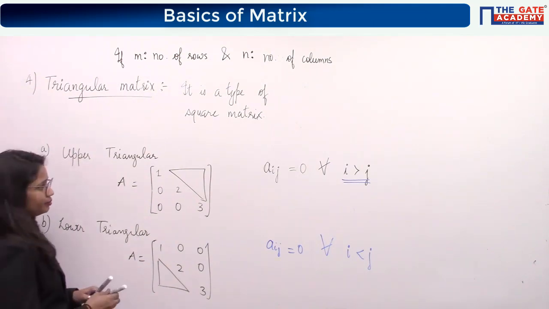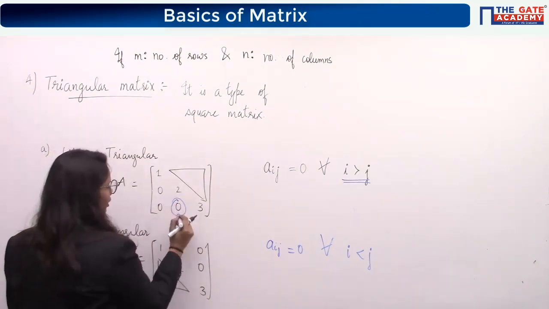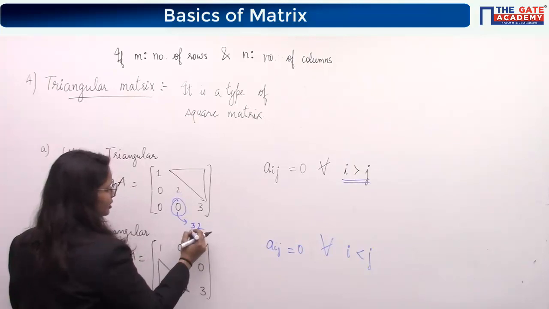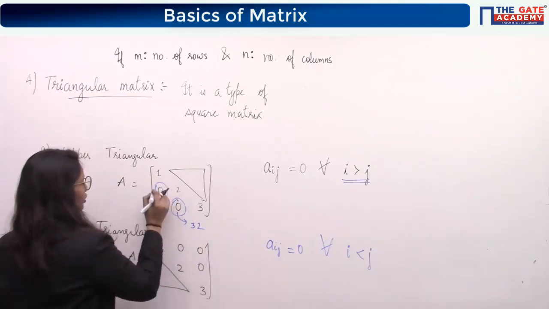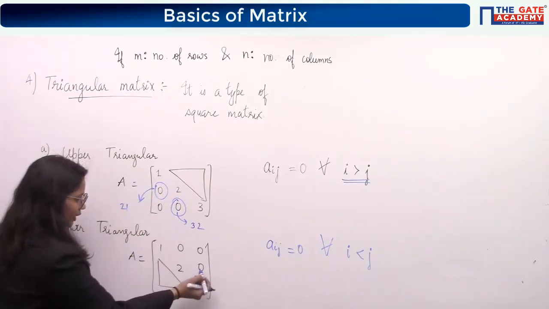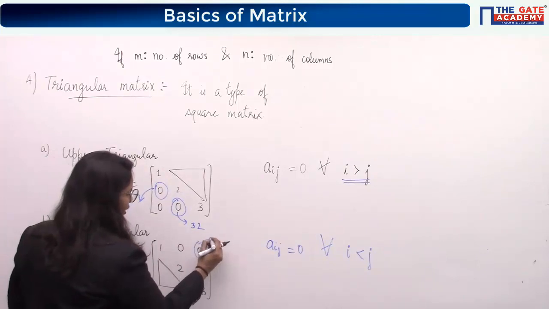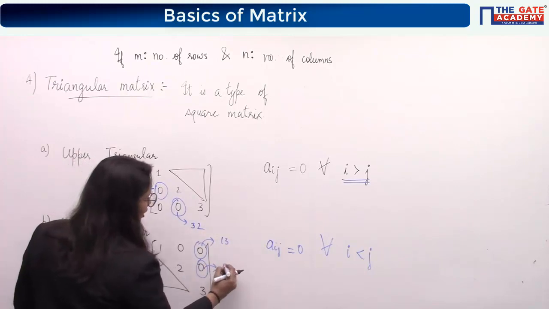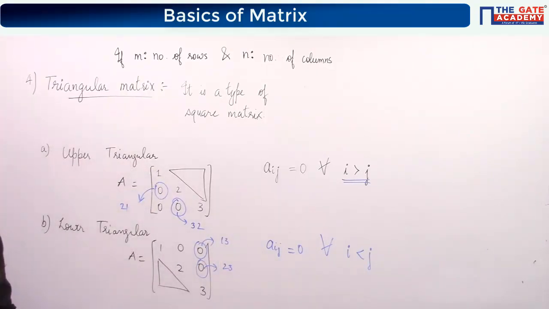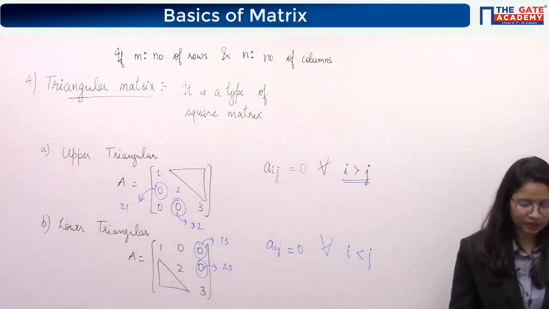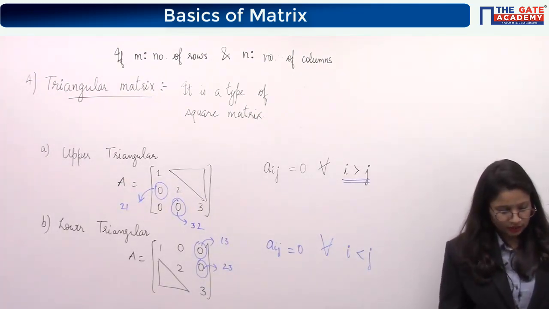Okay, you can see that this element is 0 here, and the position of this element is third row and second column, 3 2, meaning this number is greater than this. It is following. For this number also the position is 2 1, 2 is greater than 1, again following. Similarly for this one the position is 1 3, meaning j is greater than i, following. Again for this number the position is 2 3, j is greater than i, following. So this is the case of lower and upper triangular matrices. So these are some types of matrices that we have seen here. Okay, basic knowledge about matrices.